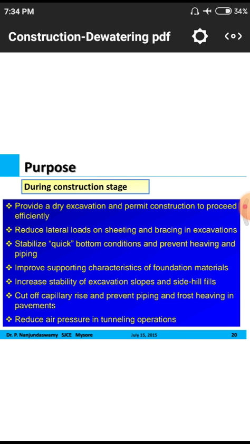Next, increase stability of excavation slopes and side hill fills. That means normally